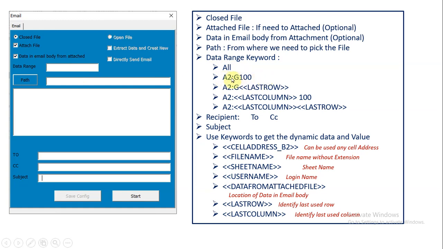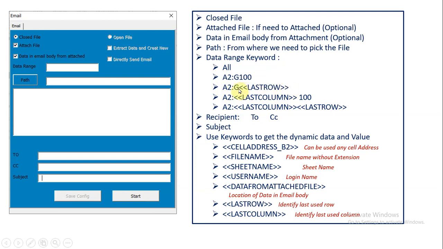If you have a specific range, you can mention it in this manner, like A2 colon G100, or this address can be changed, of course. Instead of A2, you can put B2, C2, B5, something else. Another way is if you have a start point like A2 and you know the last column name also, but you are not sure about the last row number.